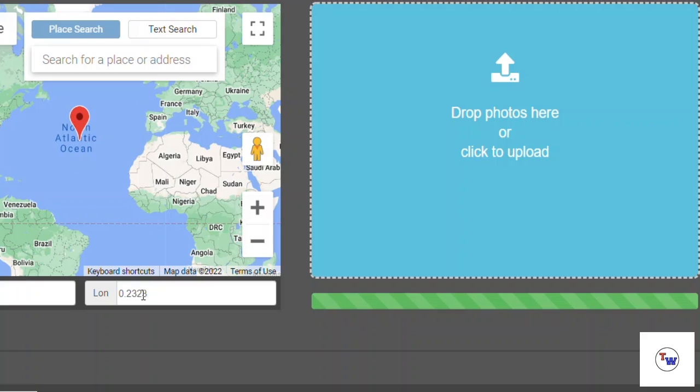Okay, for the longitude side, if there's a west or W in this, when you put your number in, you have to put a minus in front of it. So say where I work from in Goodyear, Arizona, has a west in front of it, so I put that minus there, and then I paste a number there. Then you click the